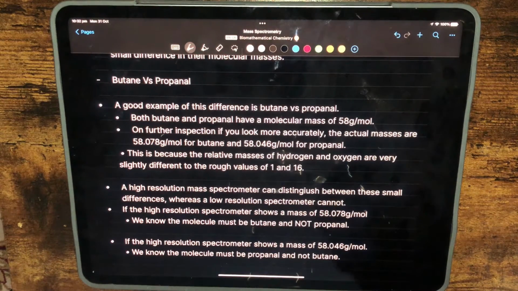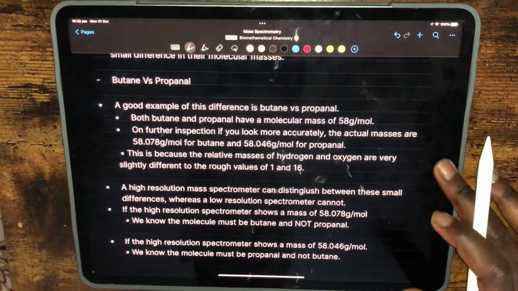So if you found out in the data book that they both have a molecular mass of 58 grams per mole, you might find it difficult. How would I be able to distinguish between the two? Because if I didn't know what the compound was and I knew that it was 58, how would I be able to distinguish? But the thing you need to realize is that with this 58 here,